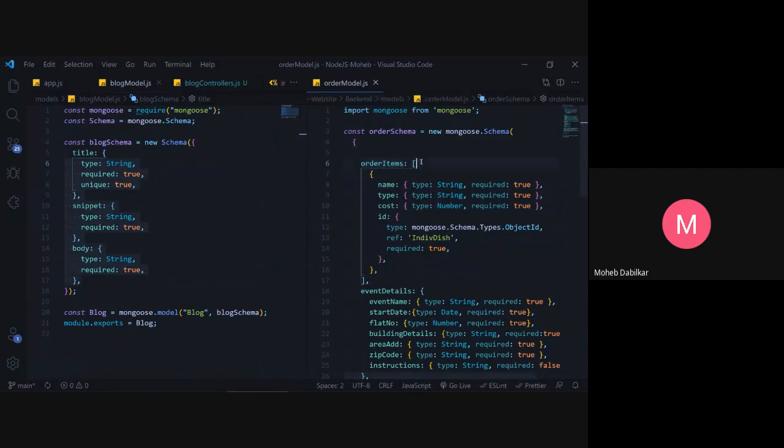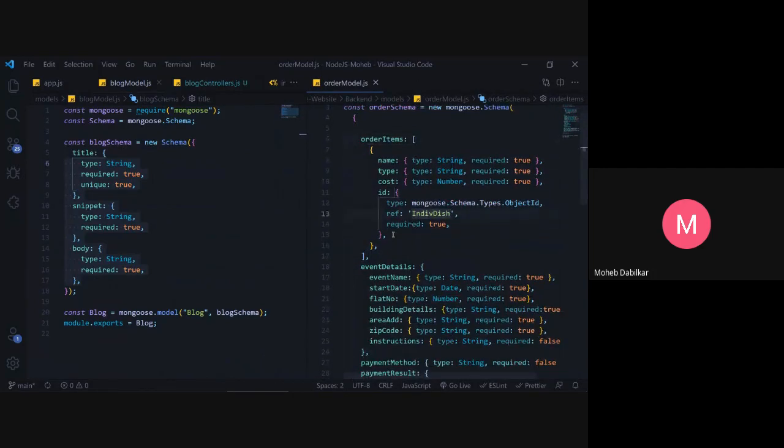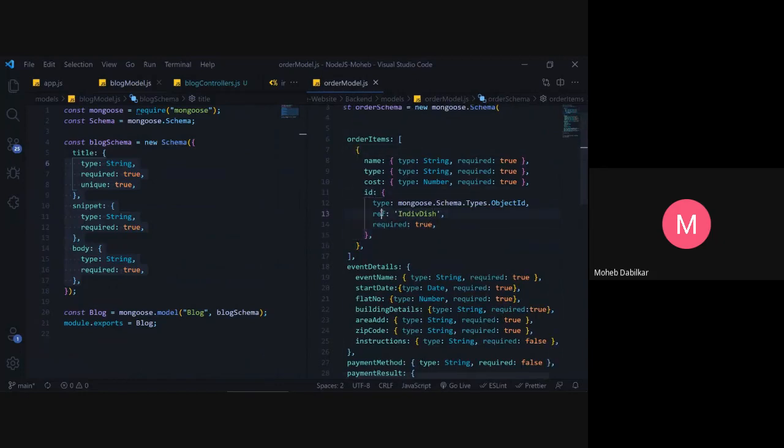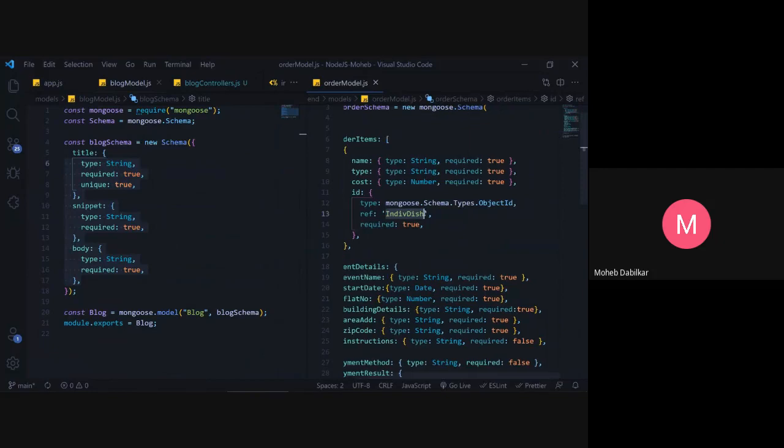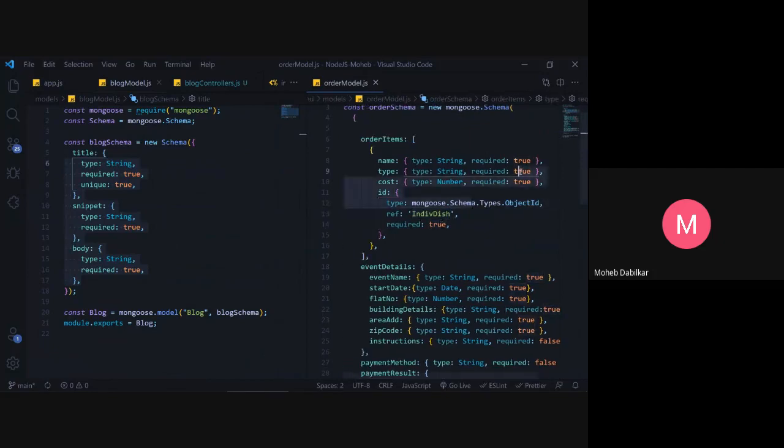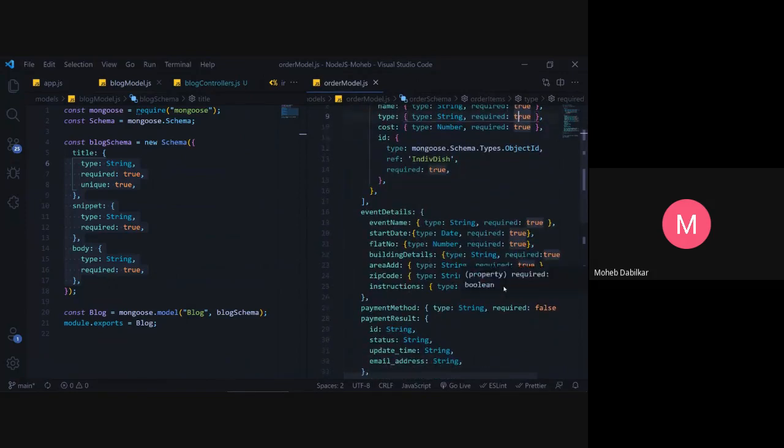So order items is an array, and inside that array we have an object, and with that object we have id, and then we are referencing some other object in the schema, then it is required as true, then the name is type, cost, and all that sort of stuff.